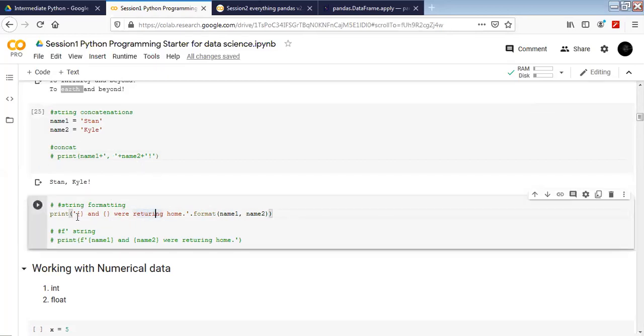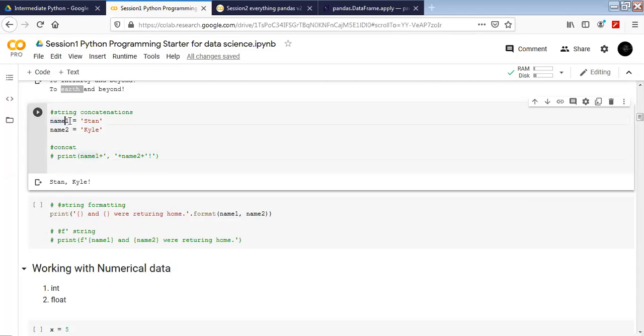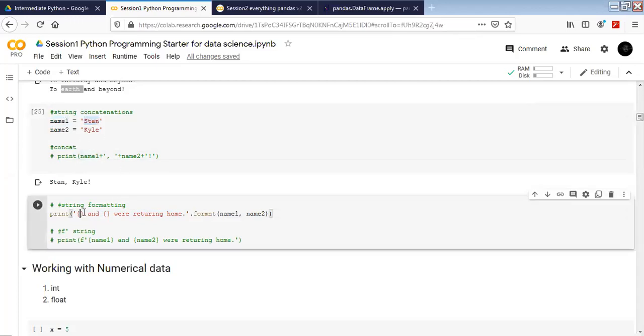But here I can type the whole string that I want to write, and wherever I want to fill in the two variables which I have assigned as strings, I can just use two curly braces. Then at the end I can use dot format, and in this particular order, I can type in the names of the variables I want to fill in.